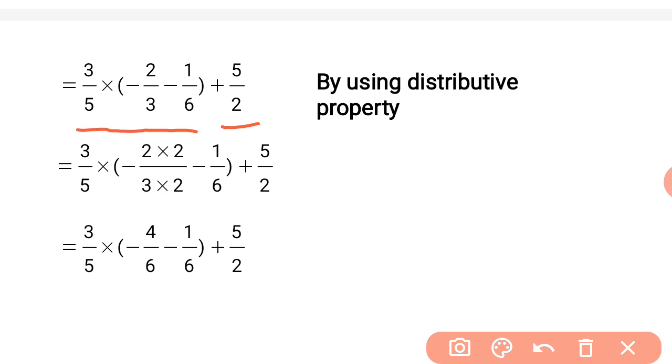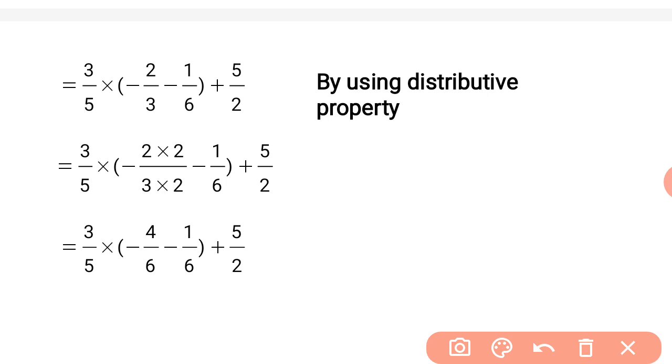We are going to solve the first term initially. There is a bracket over there, so it's always your method to solve the bracket first. The bracket is nothing but addition or subtraction of fractions, or addition or subtraction of rational numbers that you already know. So solve the bracket using the LCM method. You can see it is flashed on the screen, so you can easily solve that part. I am not going into details.